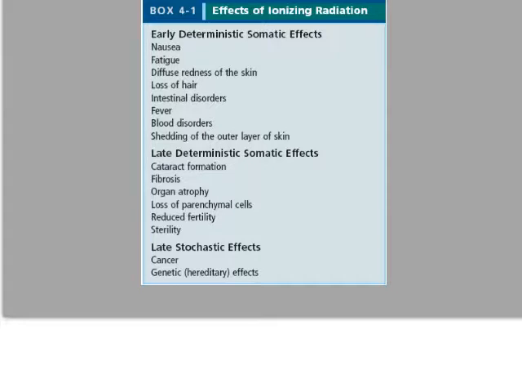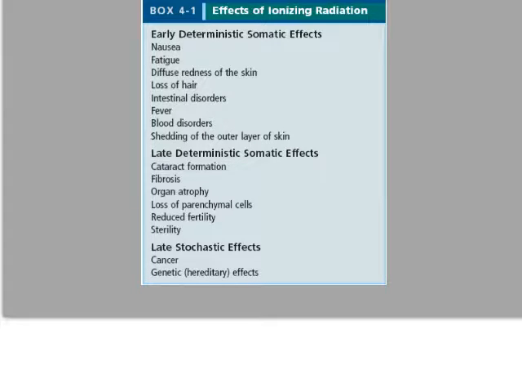So what we know from the way that these different types of energies interact with the body is we have these different classifications of effects that occur. There's things that can occur very acutely given the size of the dose, and we're going to call those early deterministic effects. They happen soon after receiving the radiation. If the radiation is sufficient, if it's a large enough dose, like 2 gray to the whole body or higher,